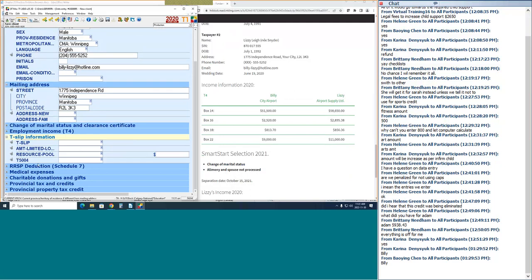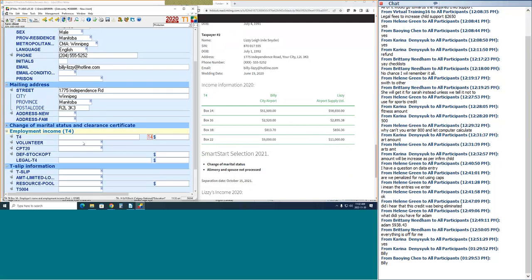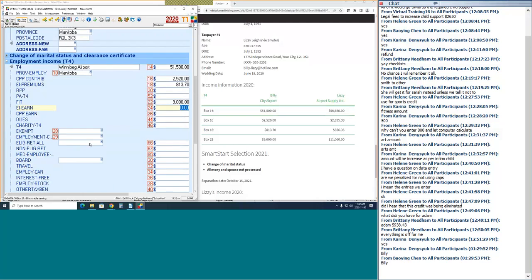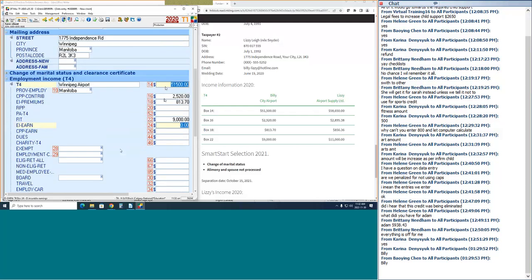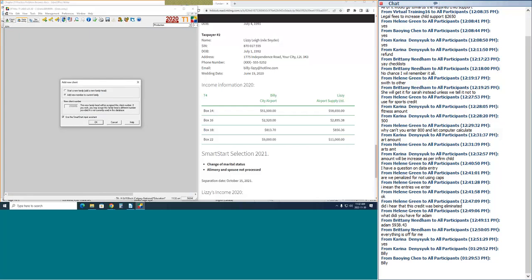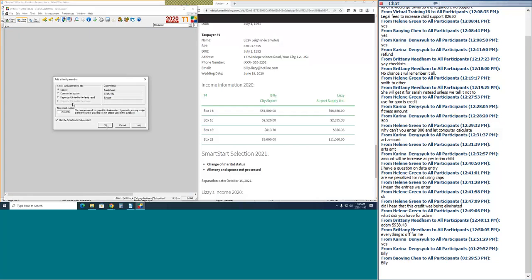And I'm going to enter in his tax information. So I have a T4 for him, which is the Winnipeg Airport, 51500. Oops. Province of employment needs to be Manitoba. 2520 81370, and I have a box 22, which is 9,000. Double check my data entry for him. It looks good. And I'm going to add his spouse, add to current family, spouse,